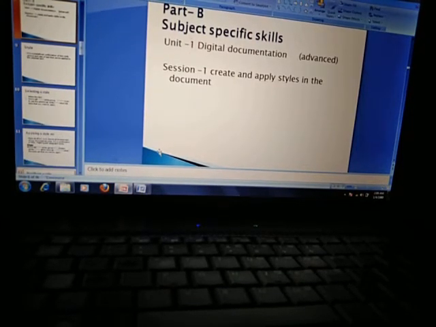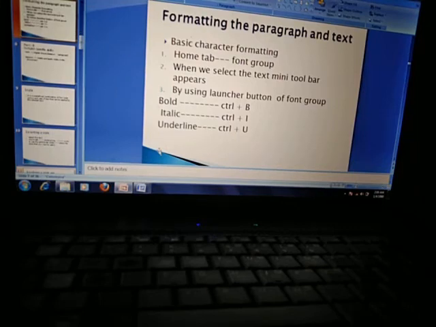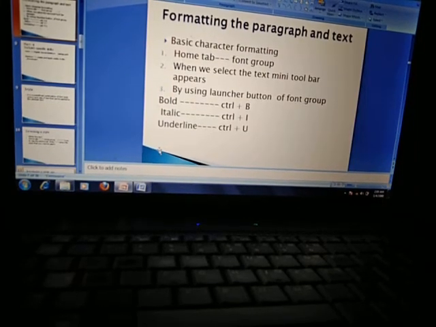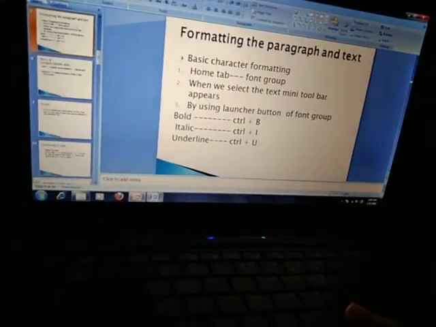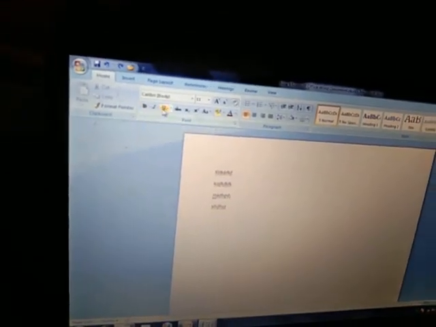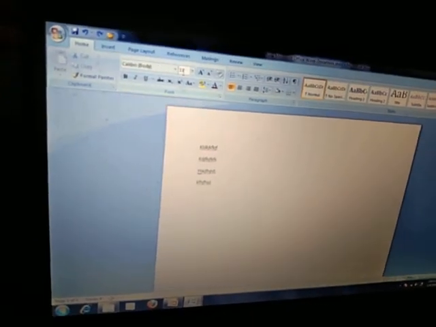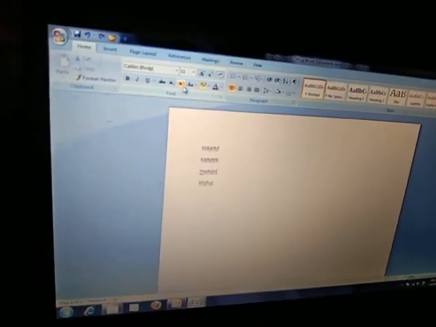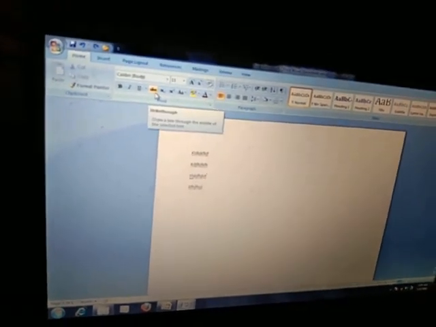First topic is, what is a style? Children, in our previous set we have seen that if we want to change the font, we have different options available. If we want to make it bold, italic, underline, or change the font color, font type, font size, superscript, subscript, different options are available with different buttons.